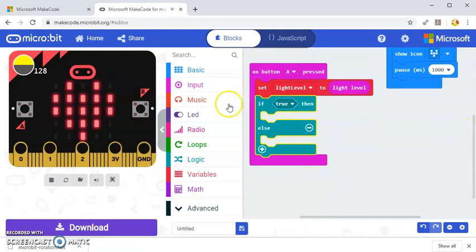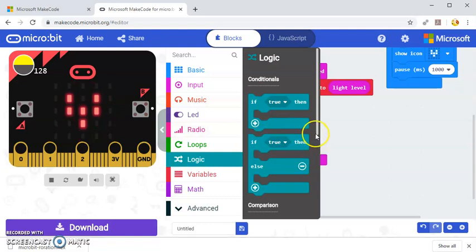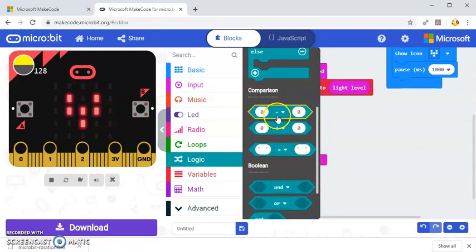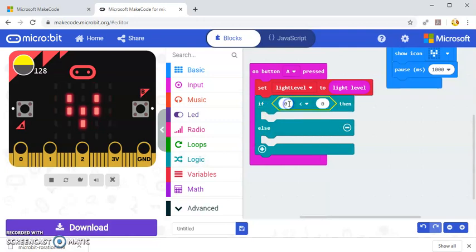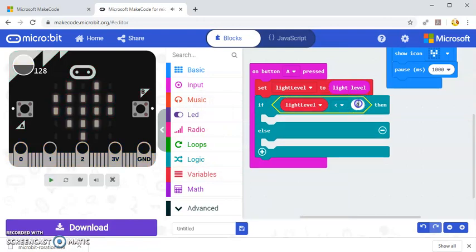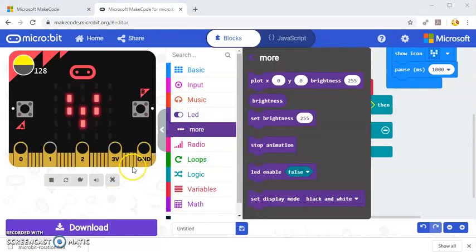So here I'm going to construct a decision here, or condition. So I'm going to do a comparison. And I'm saying if the light level is less than 150, so I'm just going to pull across this one, and I'm constructing my condition here now. So I go into variables, pull across light level. So if light level is less than 150, then I want to set my brightness, and I can find the